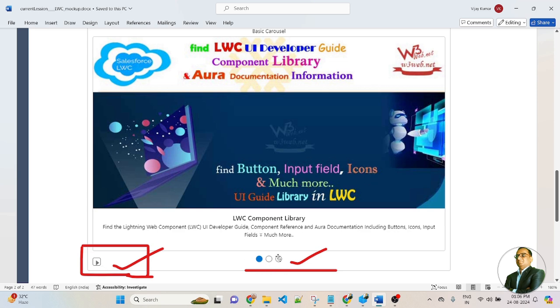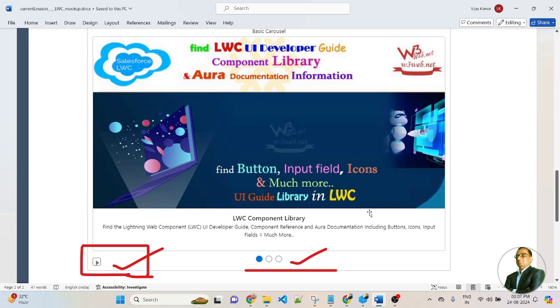There are also carousel image circle buttons. Once I click on a circle button, the carousel image will slide. Based on the circle button, the carousel image slider will slide left and right. And friends, this carousel image slider will automatically move left and right. If you want to stop the carousel slider image, you click here, and if you click it once again, it will automatically slide.